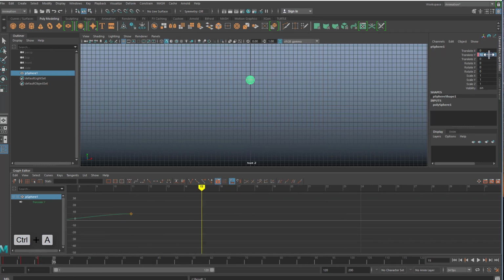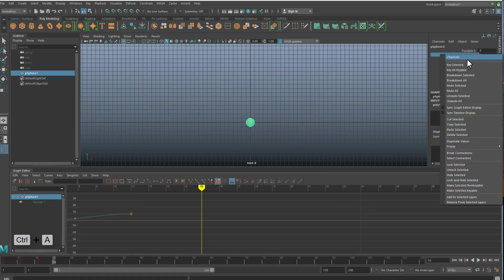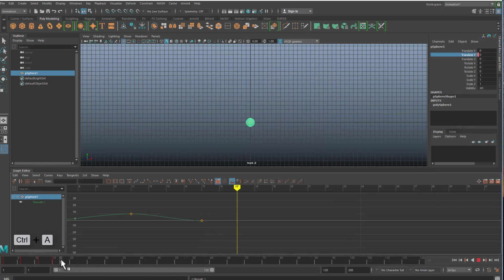A little further, back to 0. Key selected. This time we'll go with say 8, 7. Key selected. A little further. 0, key selected, 4, key selected,